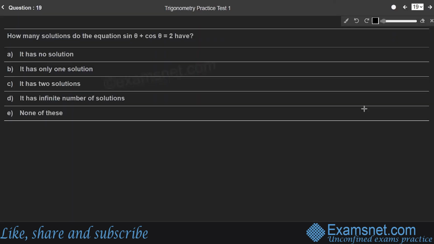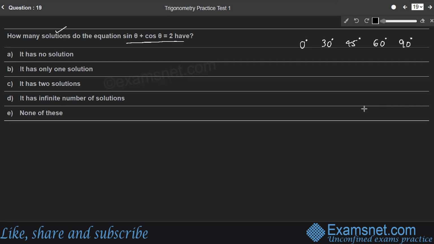Question number 19. How many solutions does the equation sine theta plus cos theta is equal to 2 have? Students, there are two methods to solve this. The simplest method is considering the sine theta and cos theta values for different angles, right? So we'll consider the angle theta as 0 degree, 30 degree, 45 degree, then 60 degree, then